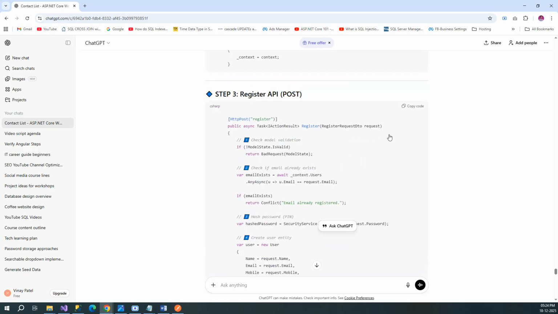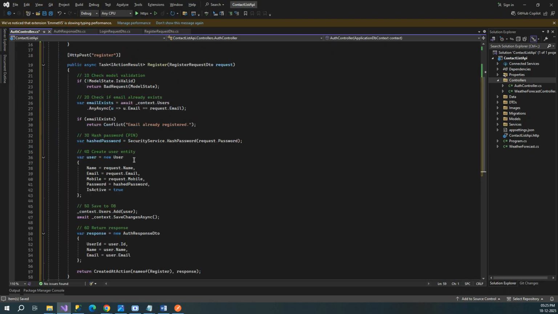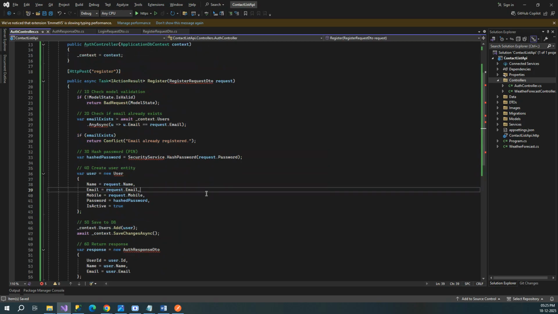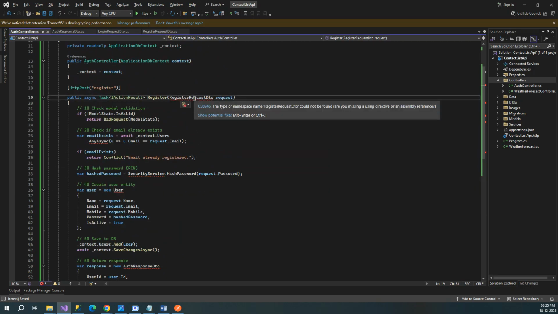So let me copy this and put it down over here, right? So let me save this. No error, looks good. Okay, we'll have to import this from the DTO folder, DTO auth,